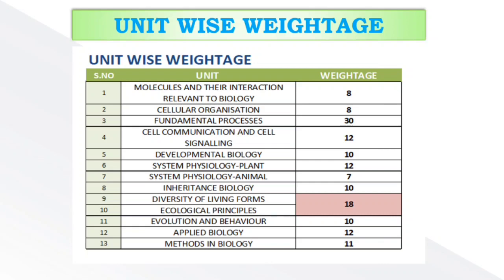And from Unit 9 Diversity of Living Forms and Unit 10 Ecological Principles, combinedly you will be asked around 18 questions. From Unit 11 Evolution and Behavior, you will be asked about 10 questions every year. In this you will be asked about different